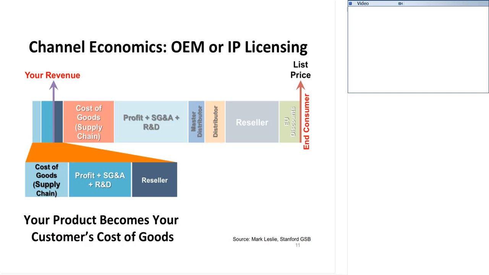Oh, I forgot to talk about OEM licensing. So then we'll talk about the complications of channels. But well, let's talk about complications of revenue models here. I think that's fair enough on this slide, which is